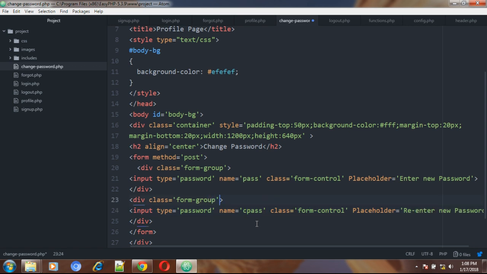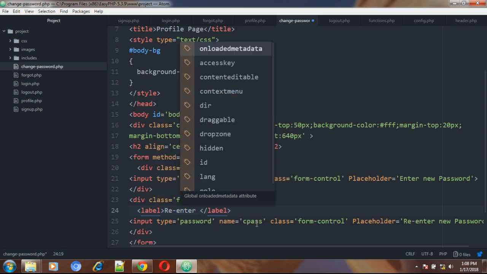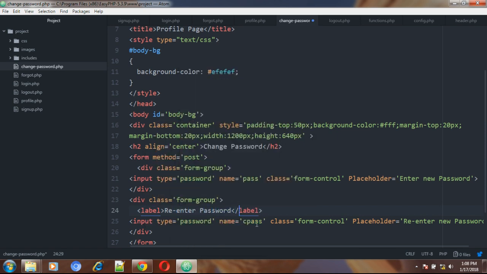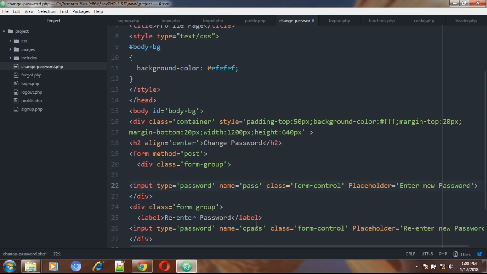password, and we'll give a label re-enter password. Just save this field, copy it, and we will give over here enter new password. Okay,